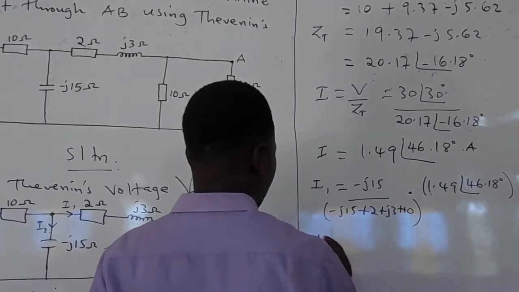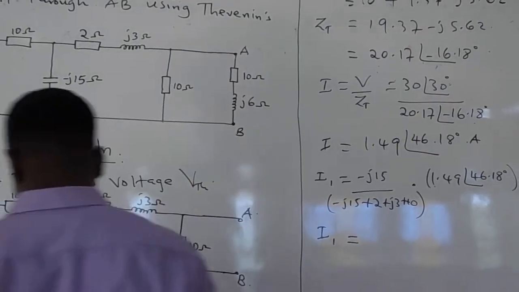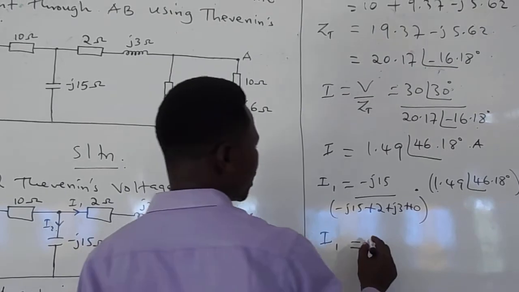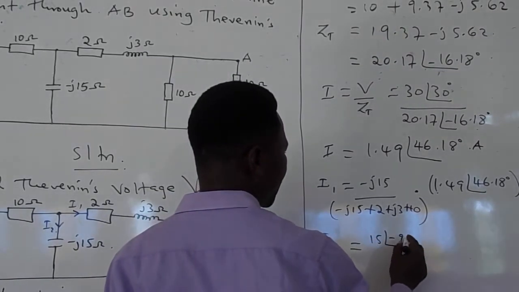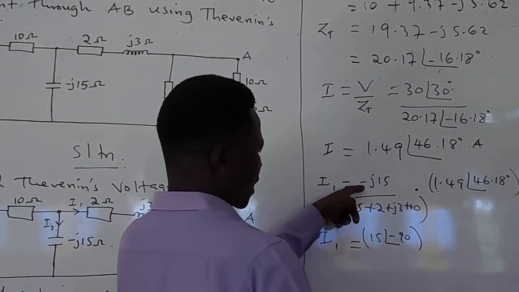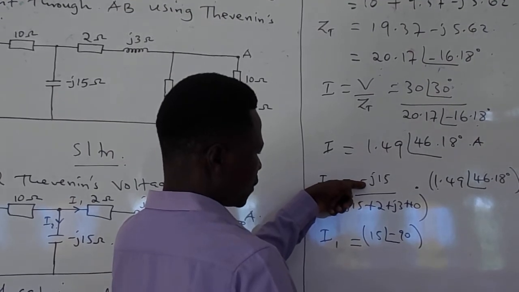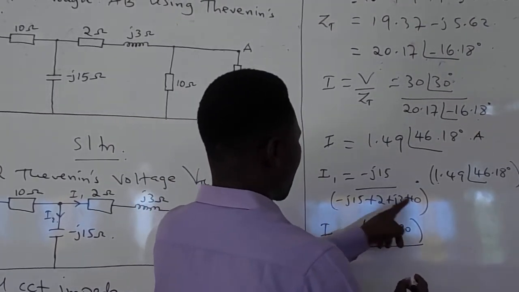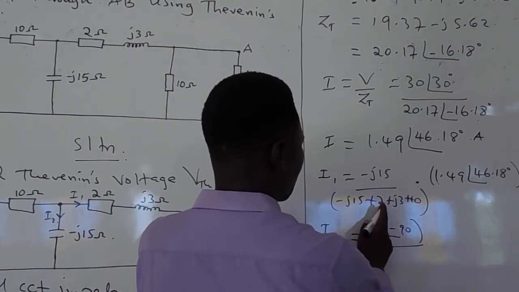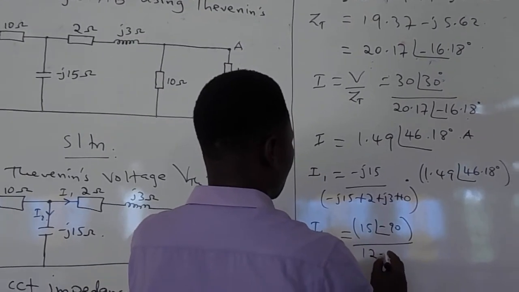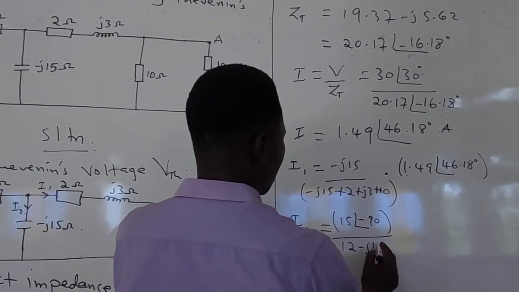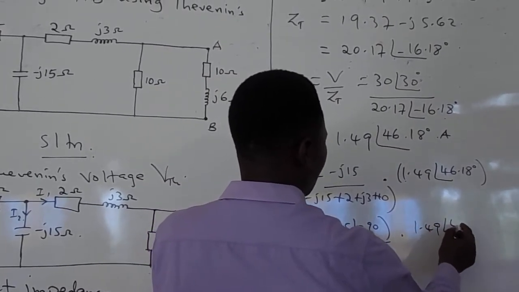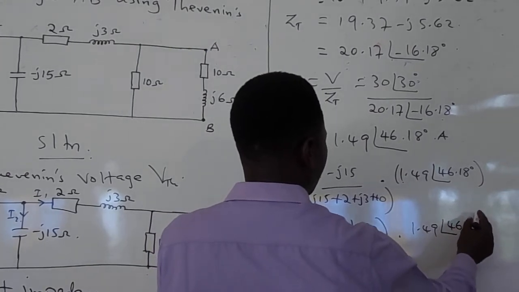So when this one is solved, you can see 15 converted into polar will give us 15 at an angle of negative 90. That is negative J15 converted into polar will give us this, all over, this one here is 12 minus J12,